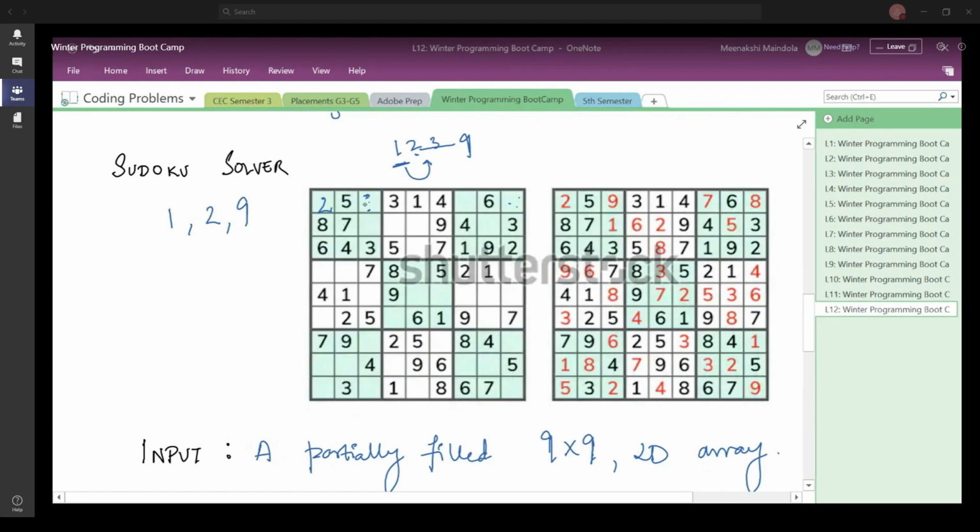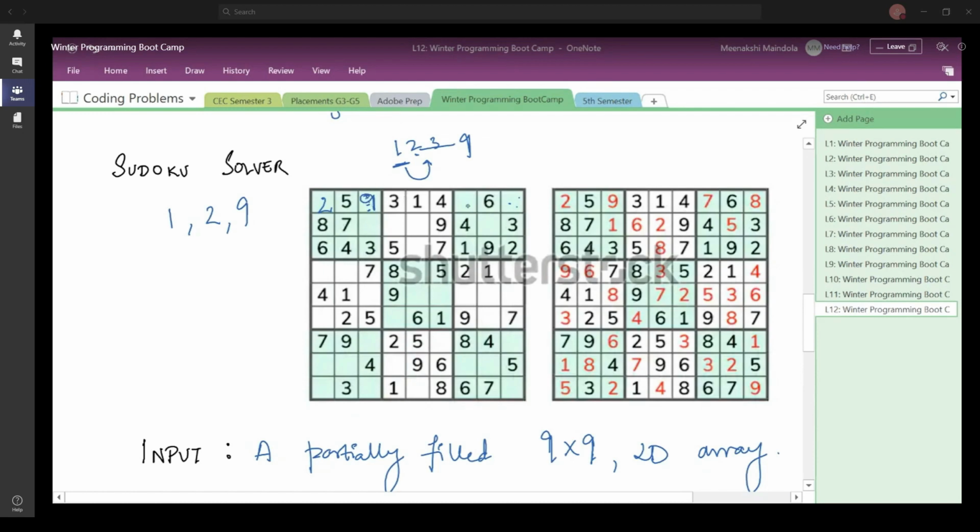Okay, so once you check for 5, you cannot fill 5 here. You check for 6, then the program checks for 6, then 6 cannot come here because it is in the same row. 7, check for 7. 7 is in the same column. 7 cannot come here. Check for 8. 8 is in the same submatrix. It cannot come here. 9. 9 is not in the same row. It is not in the same column. It is not in the same submatrix. So these three conditions are satisfied. It is going to say, okay, let us place 9 here.